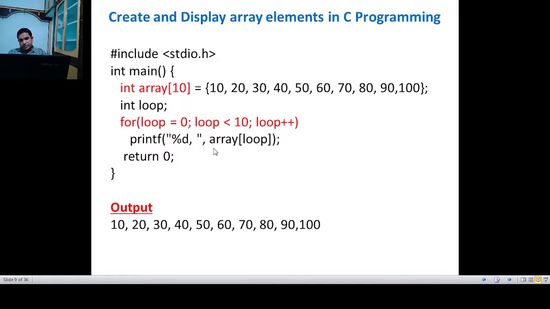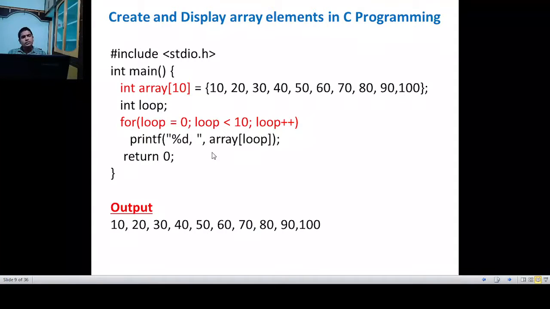So the same thing is done here. Loop counter is initialized to 0, loop is less than 10, then loop plus plus. So this loop is repeated for 10 times, and the printf statement is written inside the loop, which displays all the elements of the array, right? So this is how you can create and display the elements of the array.